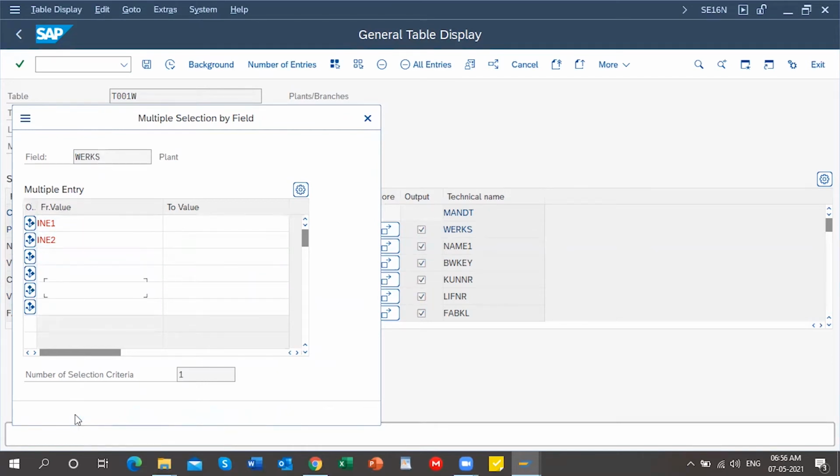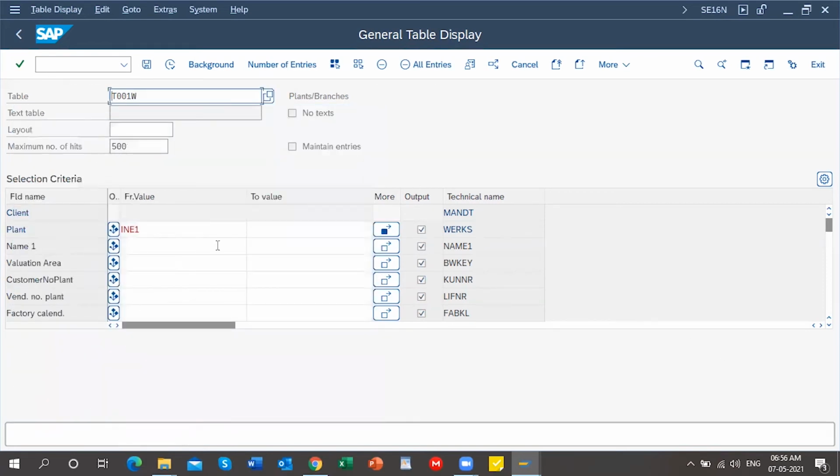Just continue. Now execute. Here we have the option called execute.